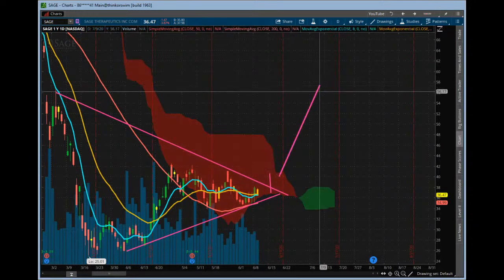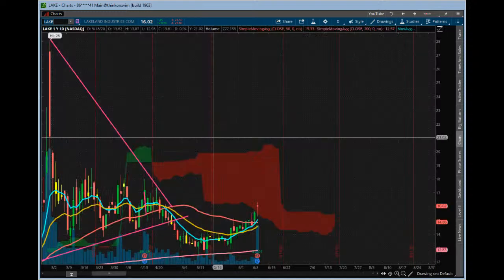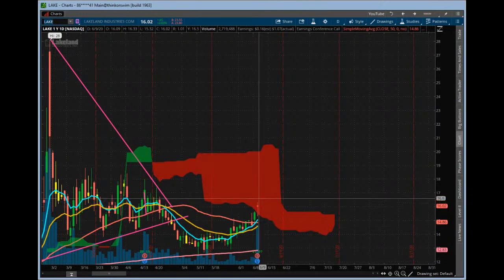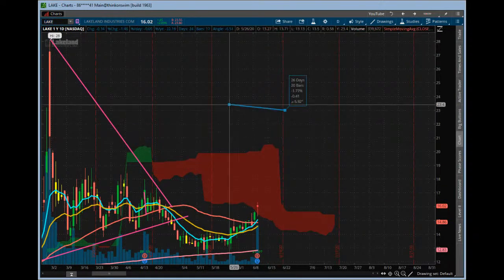Just like your Chef. Like those moves, Cake, all these ones that y'all waited on, they finally gave the moves. I know you guys have been looking at Lake a lot recently. Lake is one that was pretty interesting, right? This thing was just doing nothing forever, and then today it's starting to move up here. But today, it's going to be gapping up here to 20 tomorrow, or it's at 23. My goodness, this thing's going to be huge on this gap up tomorrow.